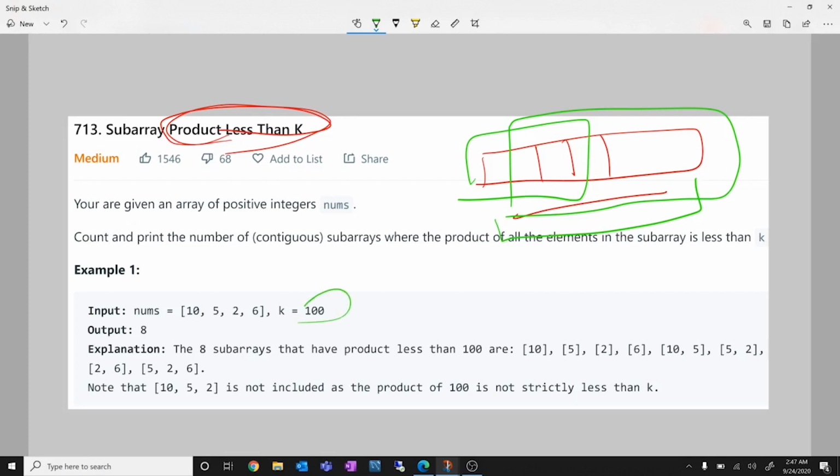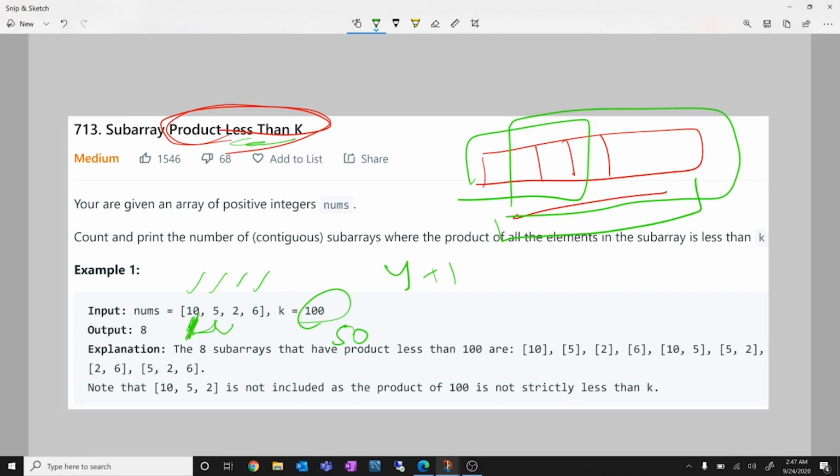Let's discuss the example here. You have to find subarrays whose products are less than 100. Every single element is a subarray itself, right? So these are 4 directly, because all the elements are less than 100. Now moving on, 10 into 5 is 50, which is less than 100, so we add 1. Now 10 into 5 into 2 is equal to 100. This we will not take, because we have to find less than k. So we won't take this, right?